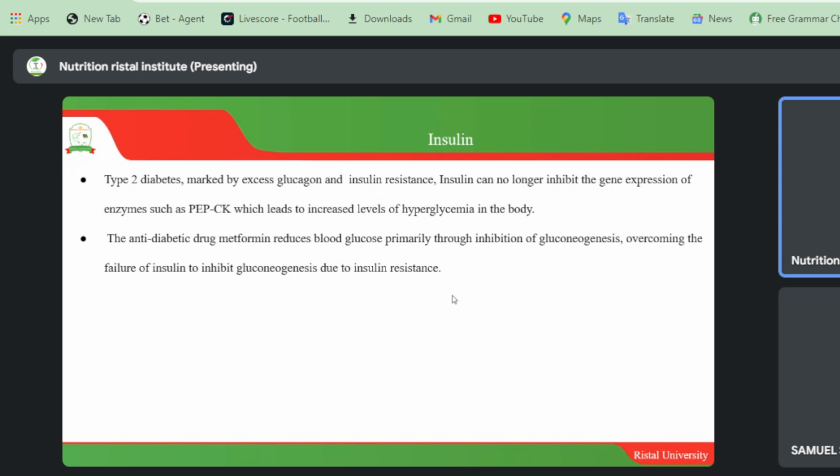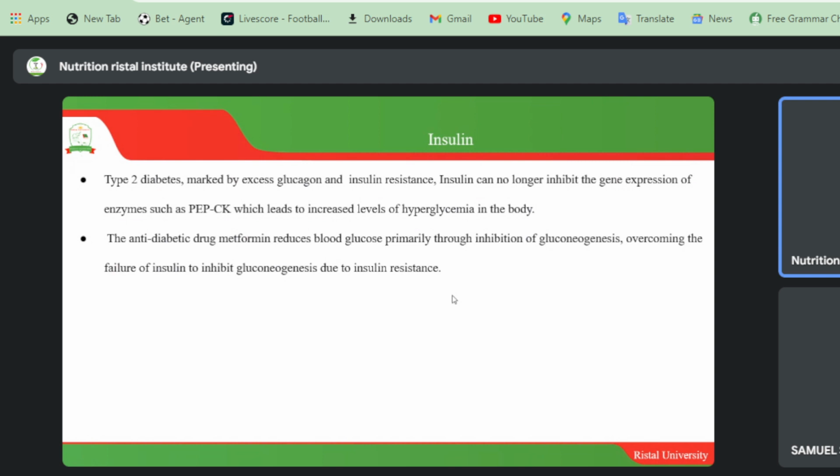So the cells are not responsive to insulin, and the cells really have a problem with that metabolism. So in this case, your body does not inhibit the process that produces the enzyme PEP carboxykinase. So PEP carboxykinase will continuously be produced and gluconeogenesis will continue happening, and more glucose is produced in your body. That affects the